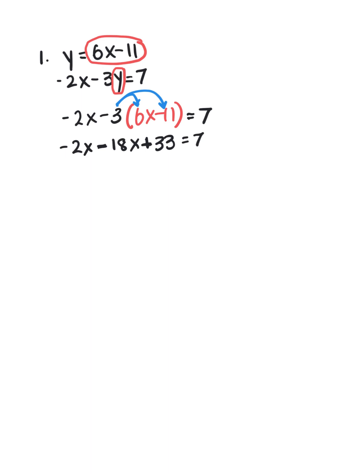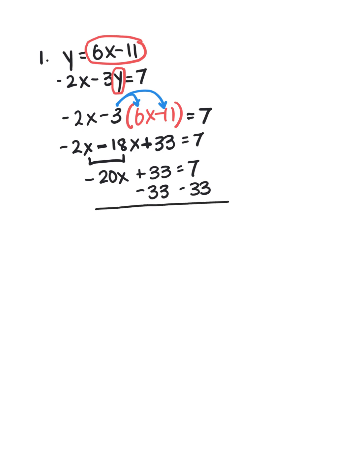Okay, from here, now we just follow the steps for solving equations, right? Combine like terms. Negative 2x minus 18x, that's negative 20x. We didn't change the 33, so that stays there. Now, our next step, we will need to get the numbers onto the same side, away from x. I'm going to use my additive inverse. Subtract 33 from both sides. That gives me negative 20x is equal to,